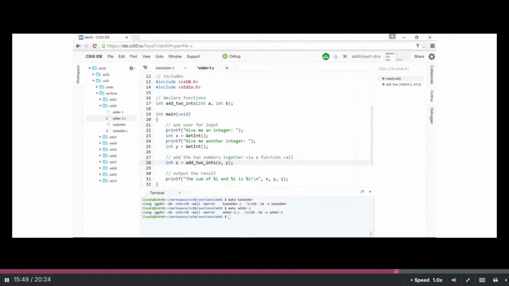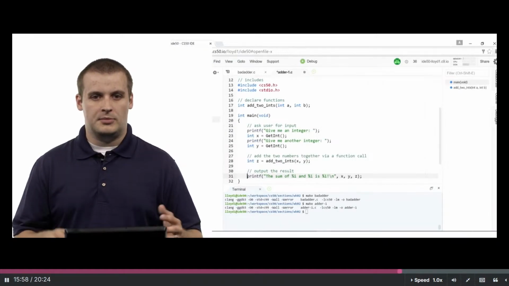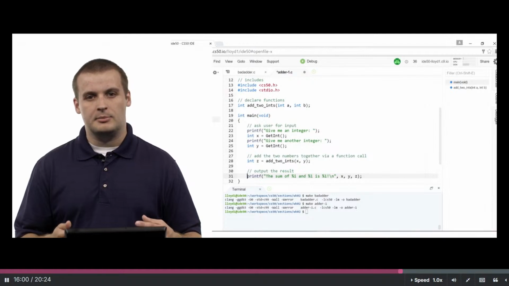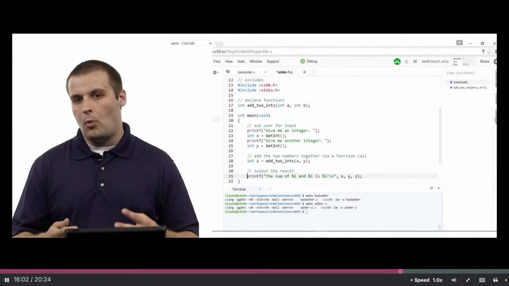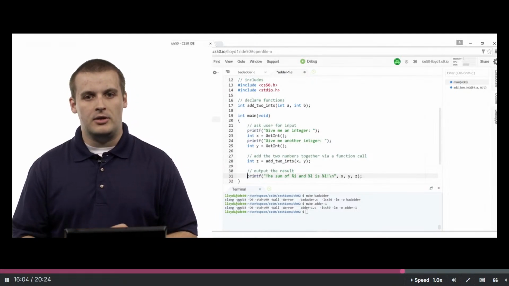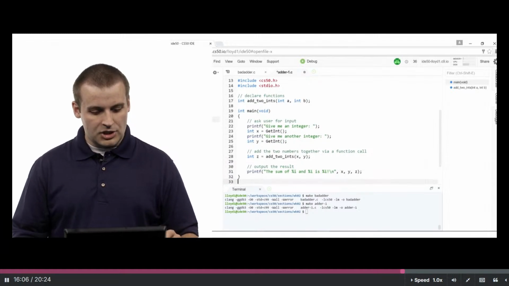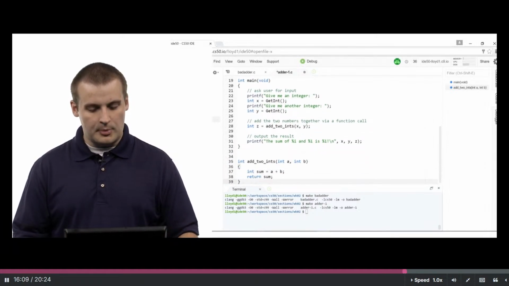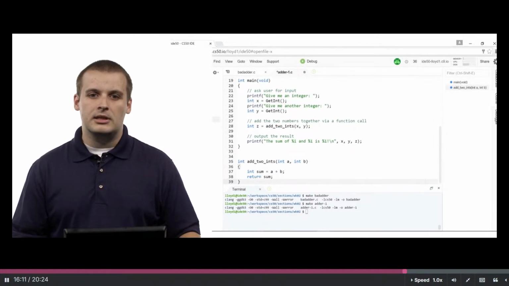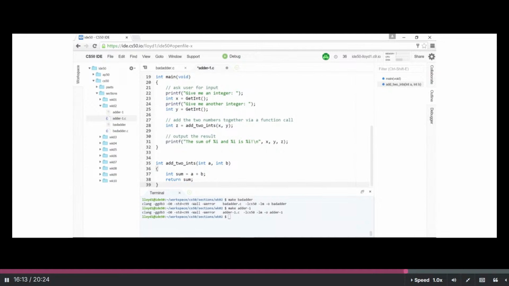And so we are storing the output of the function add2ints in an integer type variable, which we're calling z. And then we can say the sum of %i and %i is %i, x, y, and z, respectively, filling in those %i's. What does the definition of add2ints look like? Well, it's pretty simple. It's one of the ones we just saw a second ago. int sum = a + b; return sum;